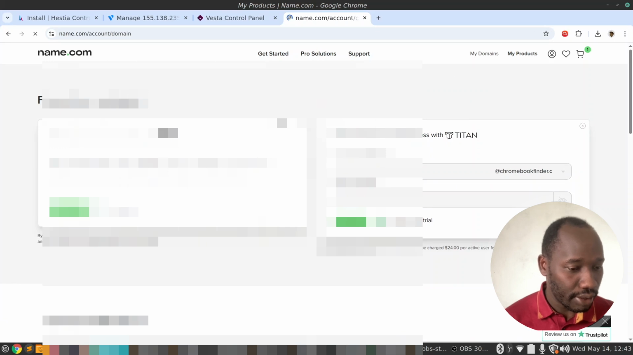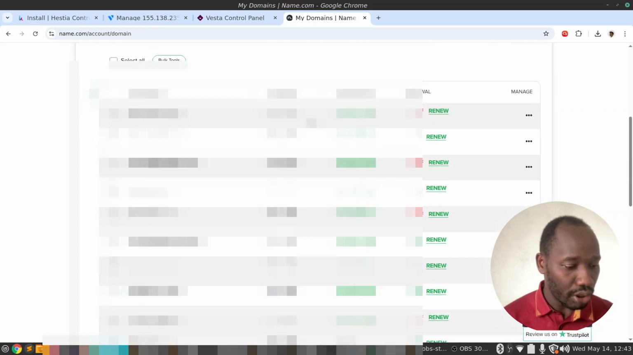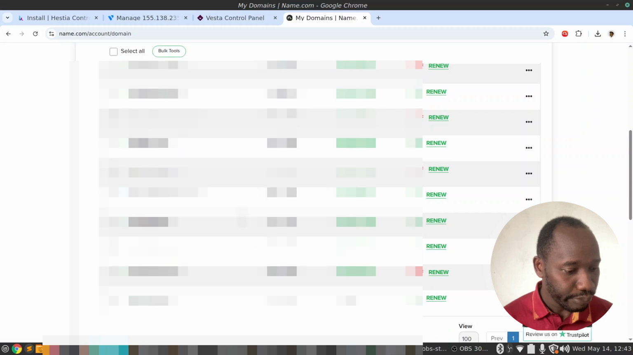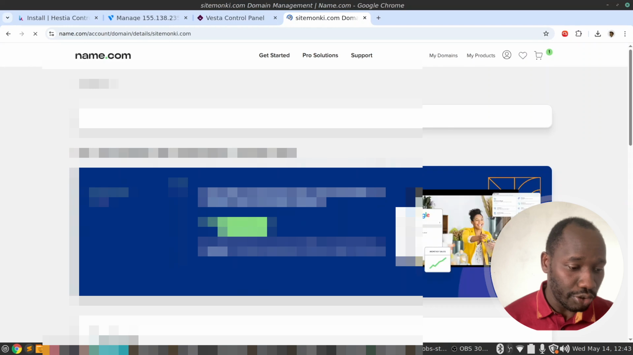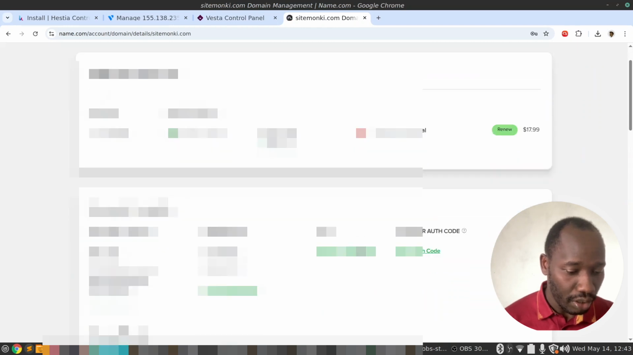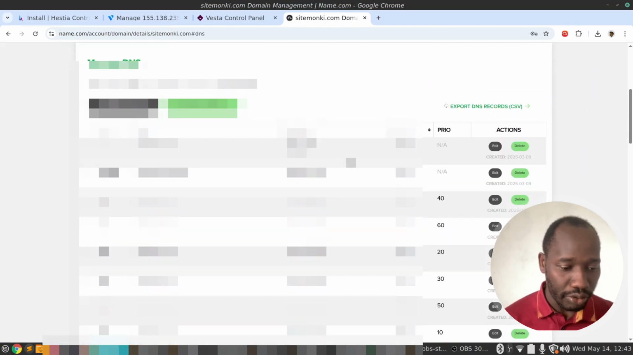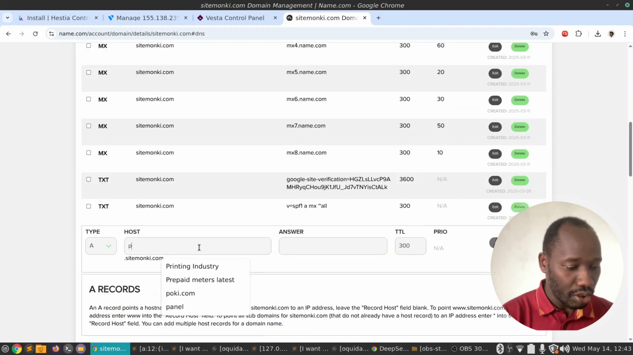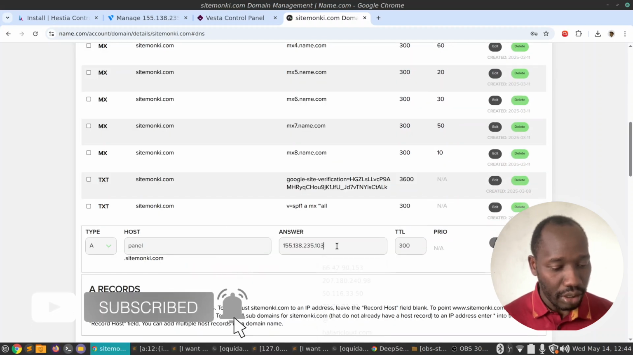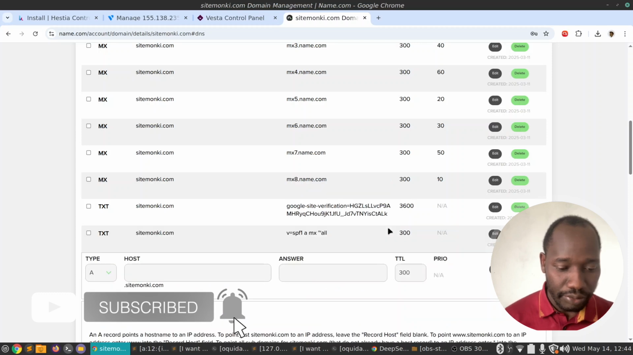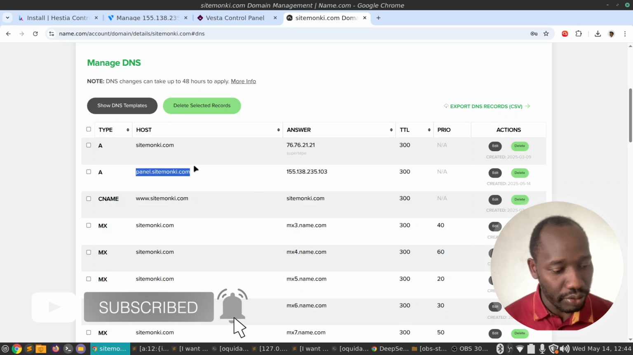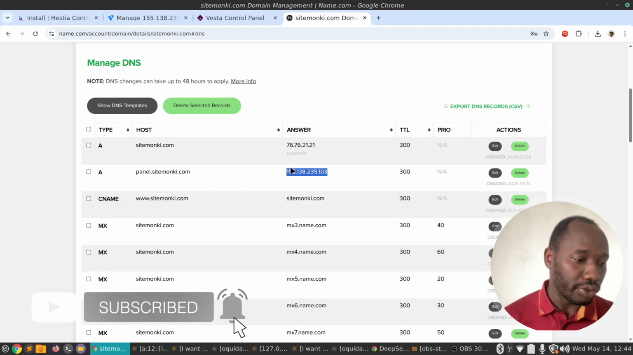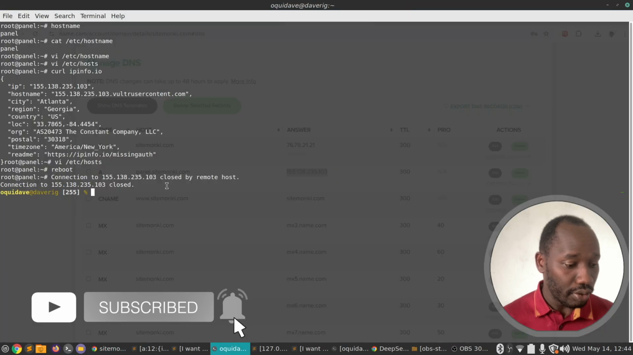So let's do that. Going to go to SiteMonkey right here, and then I'm just going to add that domain, panel.sitemonkey.com, and point it to that IP. So panel, and point to the IP address of the server that we've just provisioned. Yeah, so it's right here. So panel.sitemonkey.com points to the newly provisioned server IP address. Okay, so let's go back, and now, yes,